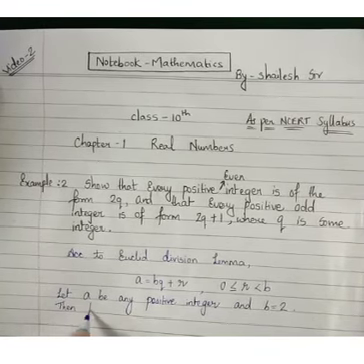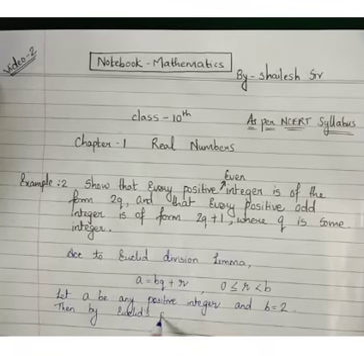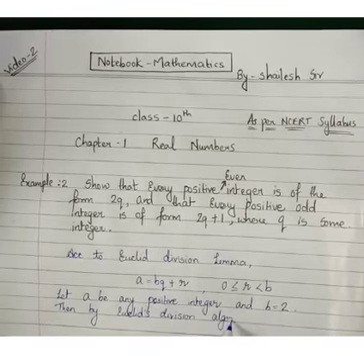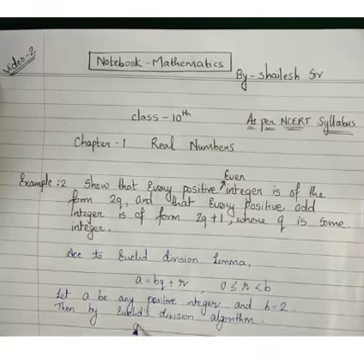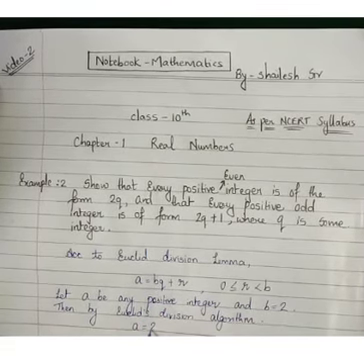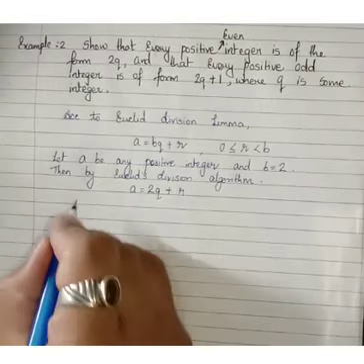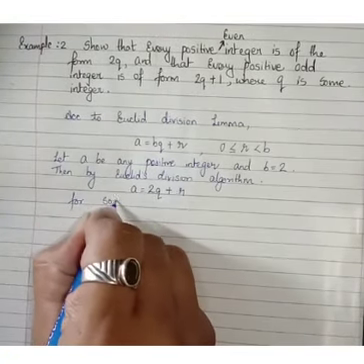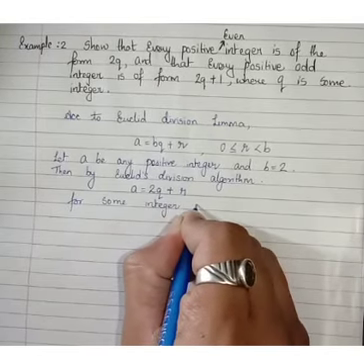Then by Euclid's division algorithm, we can write a is equal to, in place of b that will be 2, in place of q it will be as it is, plus r. Clear? For some integer q